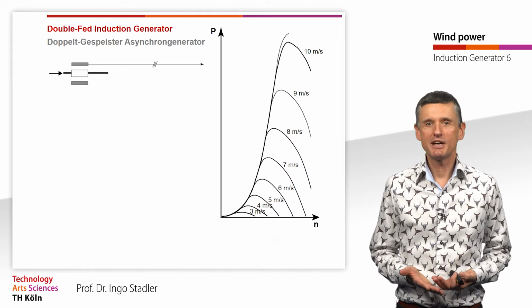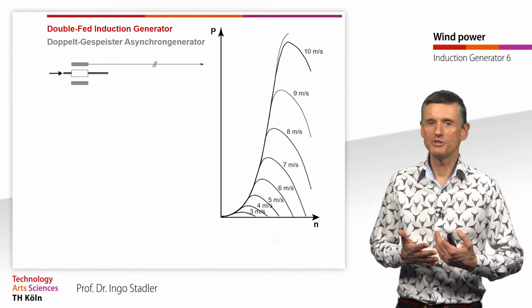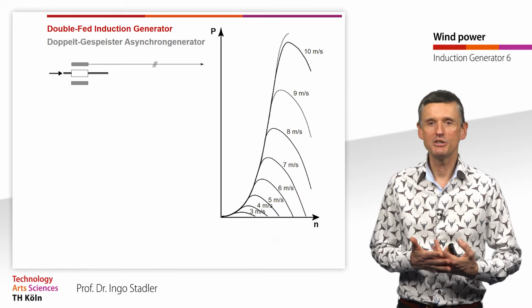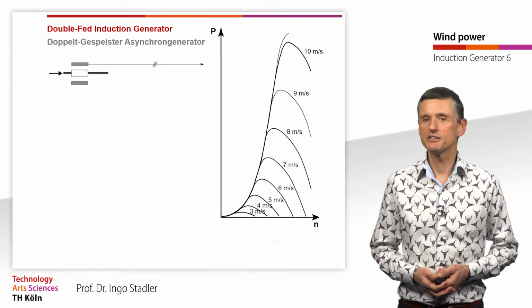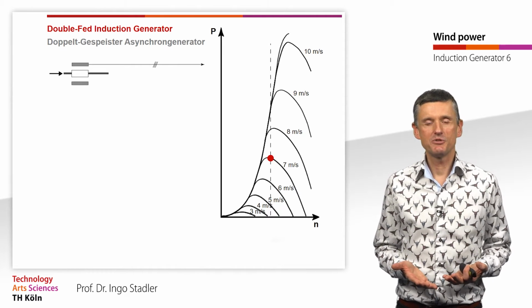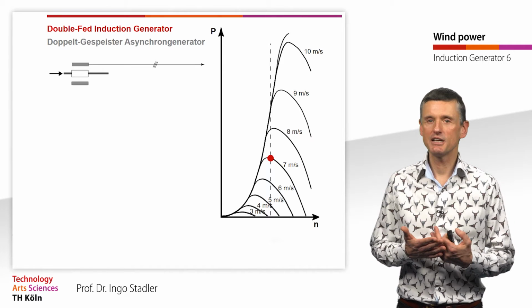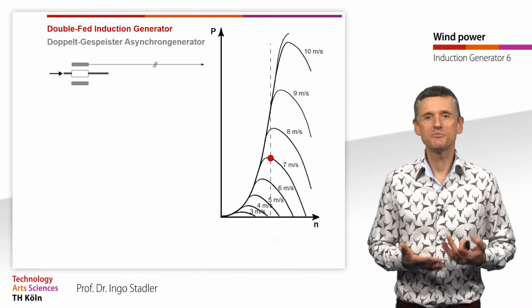Once more, we start to explain that with the diagram of the rotor performance, where we see the rotor power depending on different wind speeds and also on different mechanical speeds of the rotor. And there we see, for example, when we have a fixed mechanical speed that is best for a wind speed of 7 meters per second,